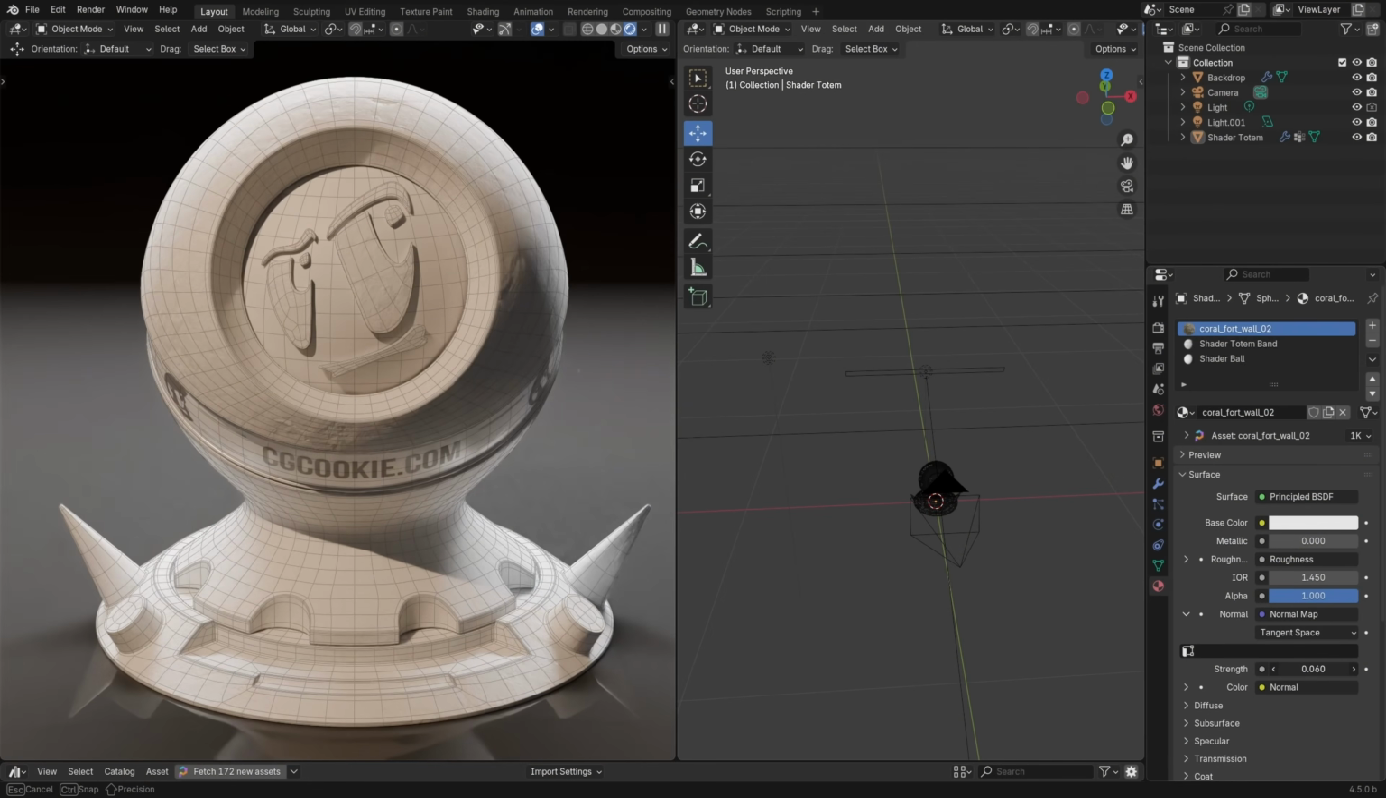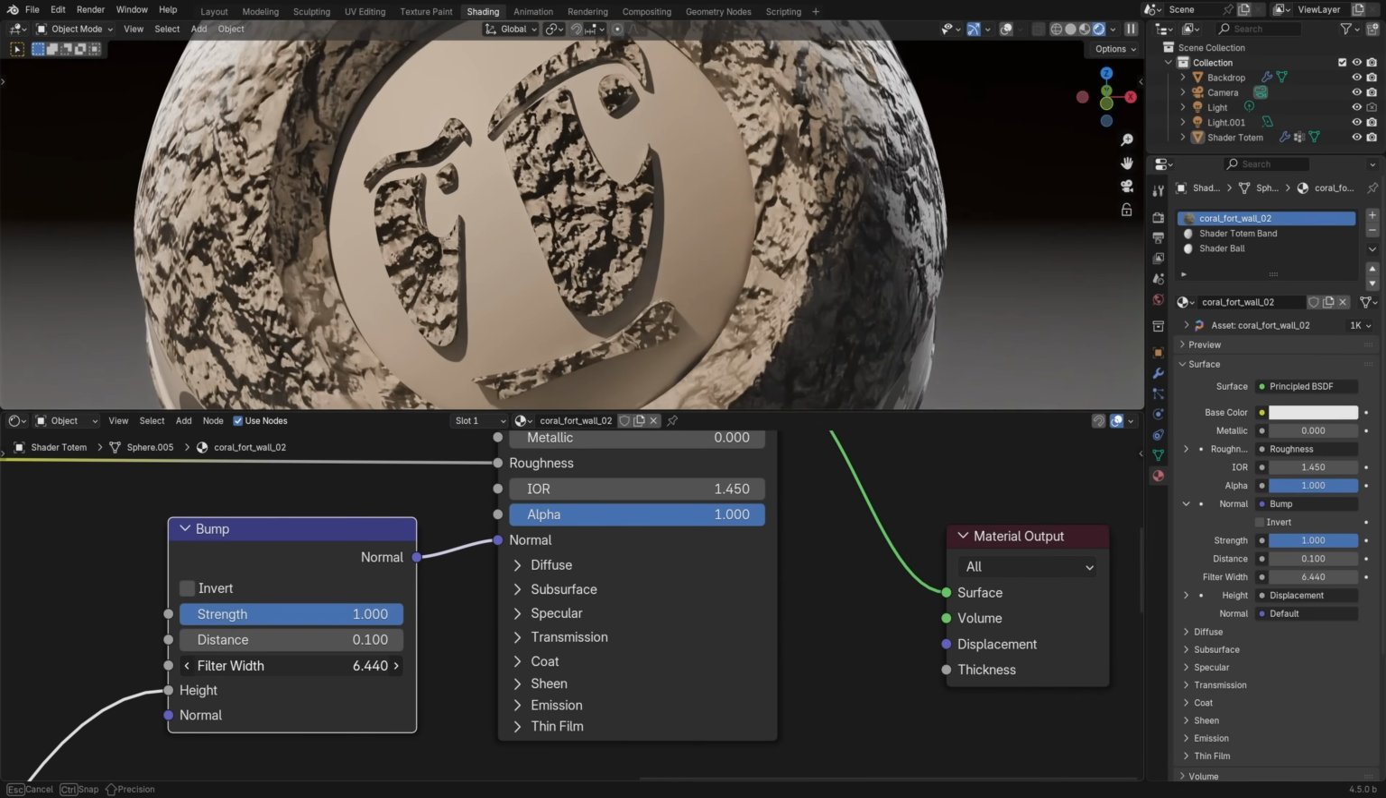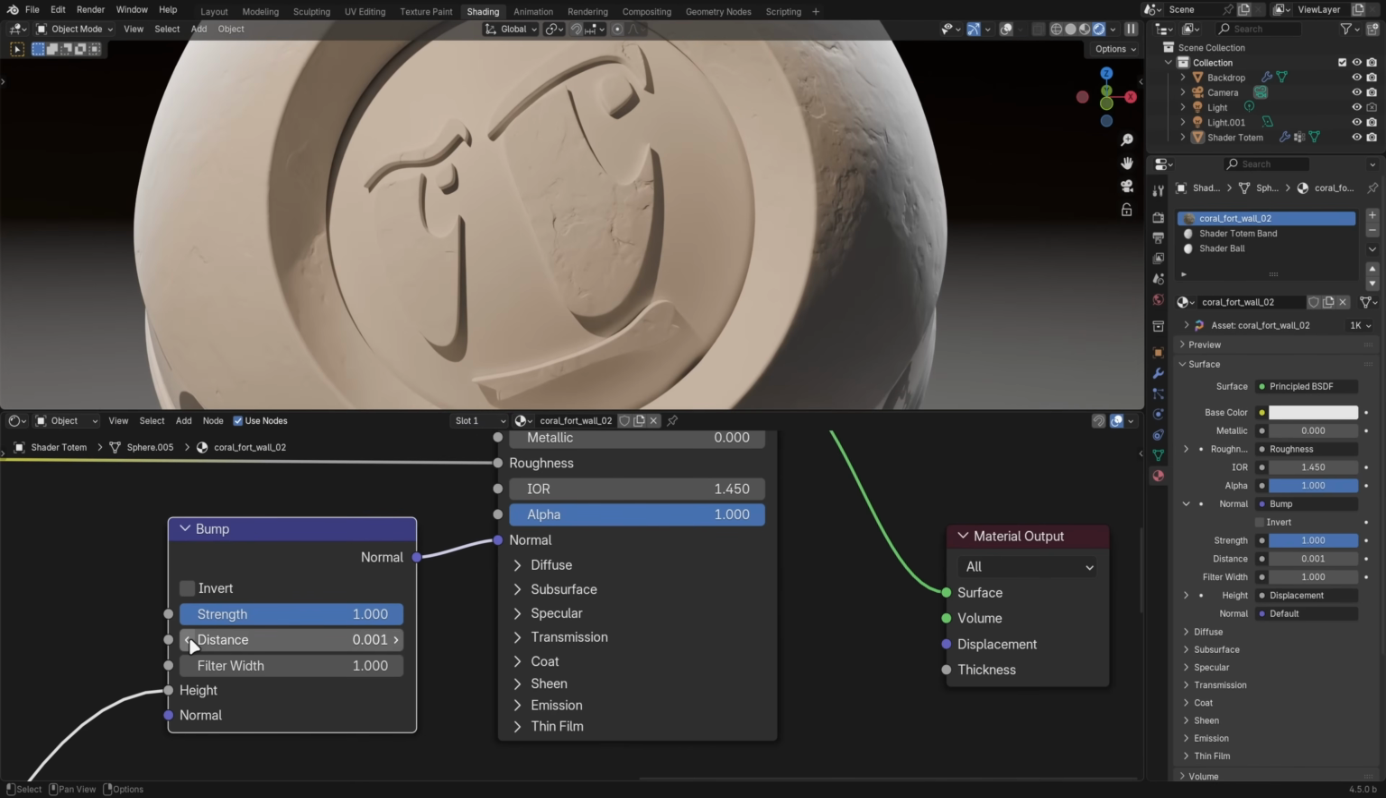Normal mapping also helps to achieve realistic detail when polygon counts need to be kept lower. In Blender 4.5, the bump filtering of normal maps was improved to preserve more detail near the edge of shadows. The bump map node was also improved. A new filter width input can be used to control how sharp or smooth the transitions between large height differences are. The default distance was also reduced to a value that makes much more sense for adding small details to